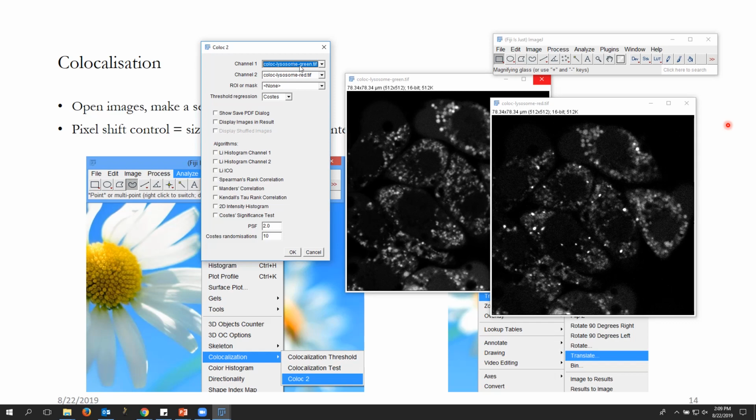The order of it doesn't matter. What matters ultimately is that whatever analysis you are doing, you do it consistently over all the images. So for example, we keep it like this. We won't use any ROI or mask right now because this image is pretty good.